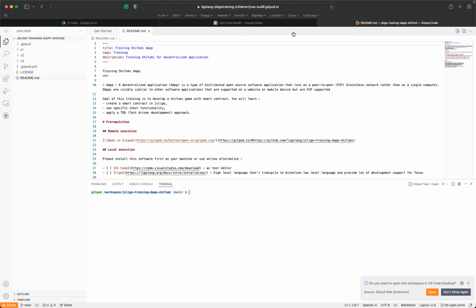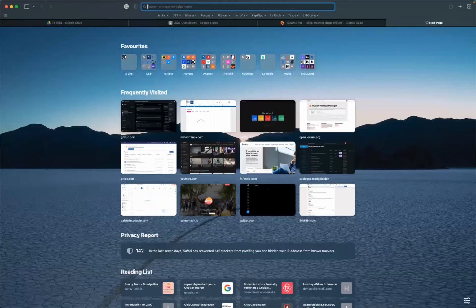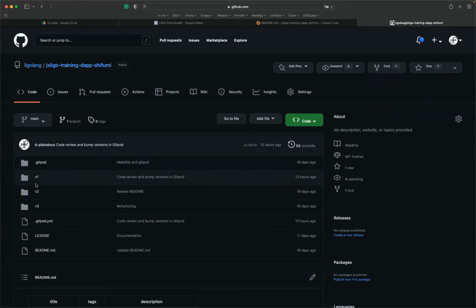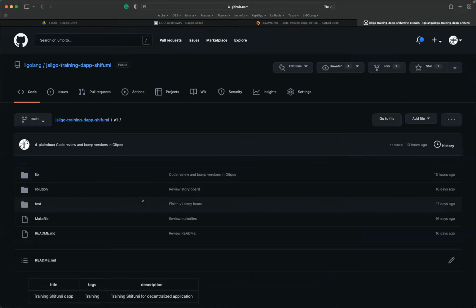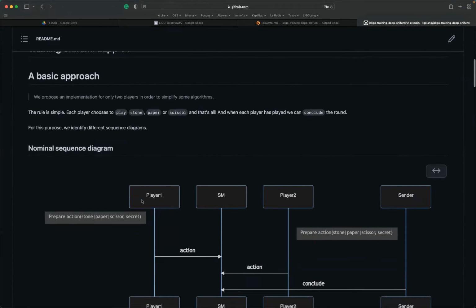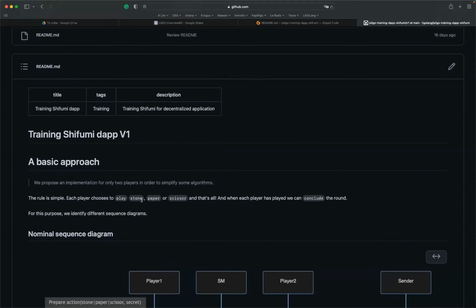So I'm just going to go back to the first GitHub page because we have some nice features in GitHub. Just to be sure, we're going to see the V1. I'm just going to increase the size. So we are going first to do the first version, which is called V1, which is a basic approach.